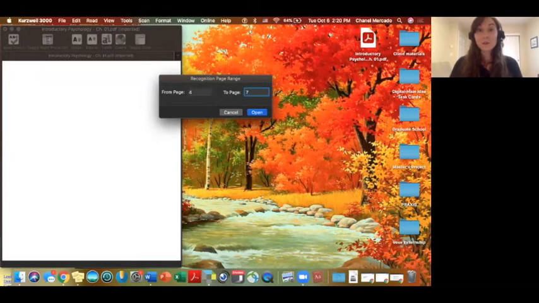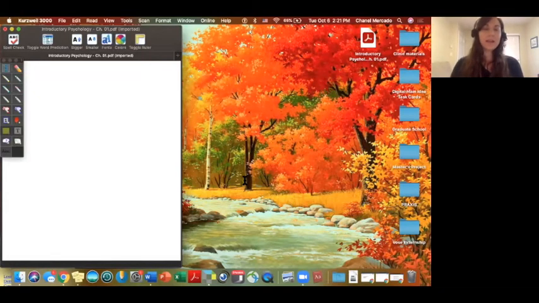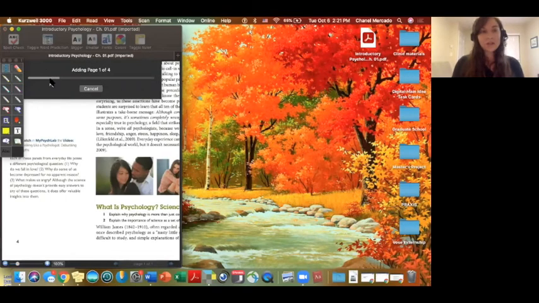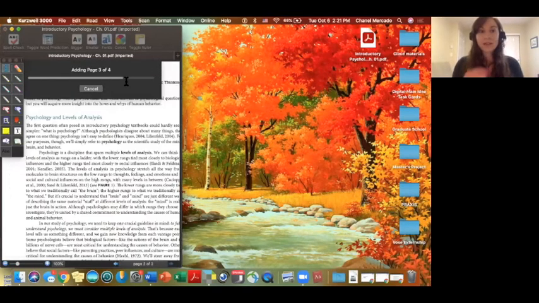As you could see, that was a pretty long document. If I wanted to convert the whole document, it might take a little while because the longer the page range, the longer it takes Kurzweil to convert each page into an accessible format that can then be read. So I've got pages 4 to 7, I'll select open, and at this point, Kurzweil is going to start recognizing and processing that document.